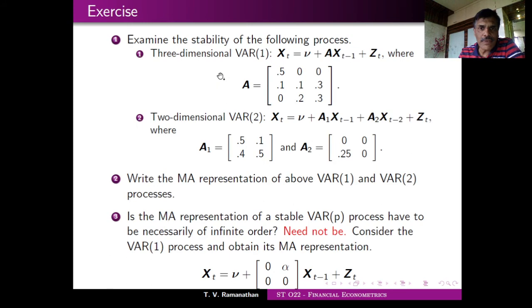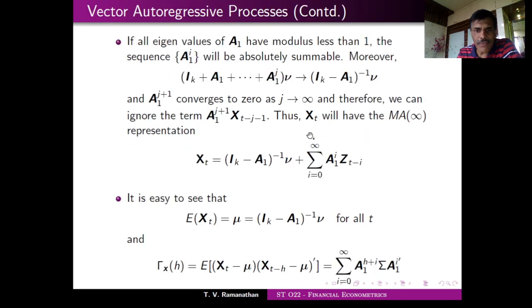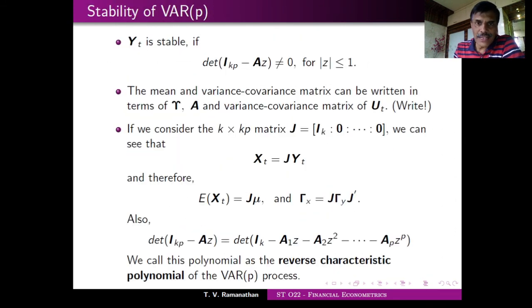The mean vector is always, for the pth order, given by j mu, where j is the corresponding matrix. Now, you can get it in this fashion, or you can get it because I have found the mean only in the case of VAR 1. So if you have VAR 3, VAR 2, with dimension k is 3, you may have to convert it. It is not just A1, it has A1, A2 and A3. But we know that the mean is turning out to be this.